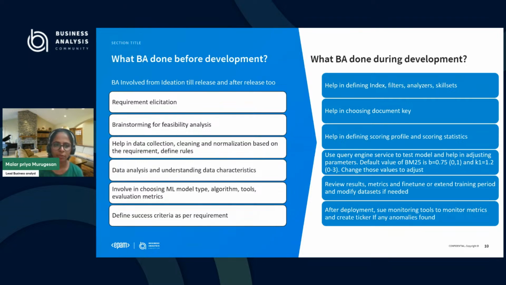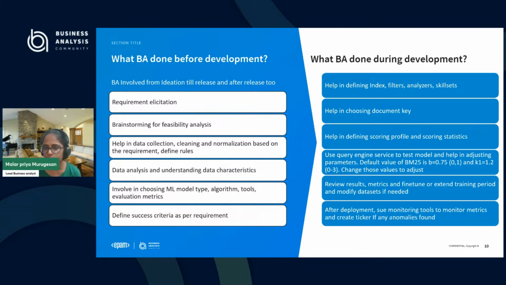I was involved from requirement elicitation and brainstorming for feasibility analysis. And as I stated, I was also involved in data collection and normalization, understanding the data characteristics, and choosing the ML model type, algorithm, tools, etc.